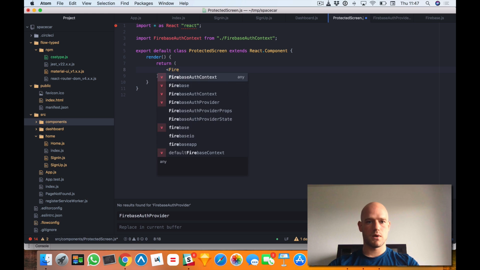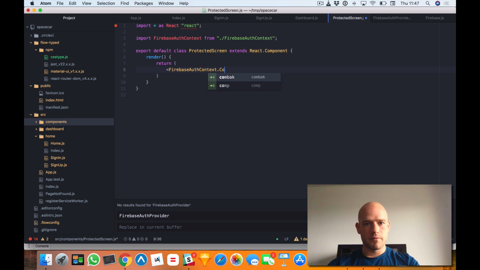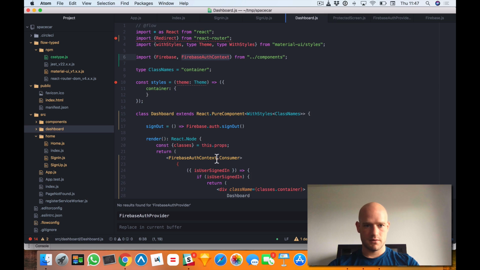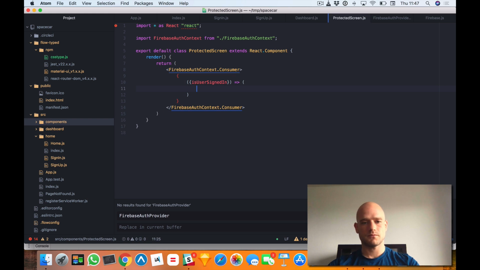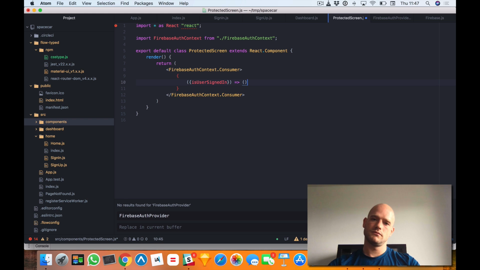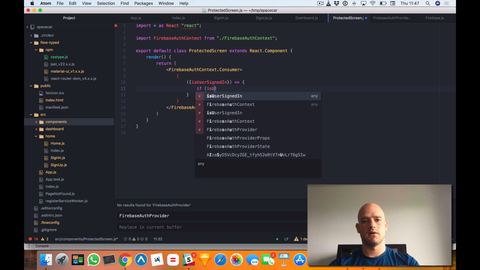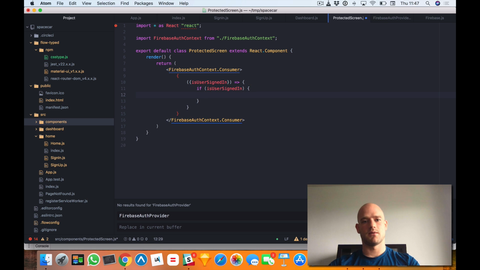So Firebase auth context consumer, we receive is user signed in as parameter. Perfect. If is user signed in, we return